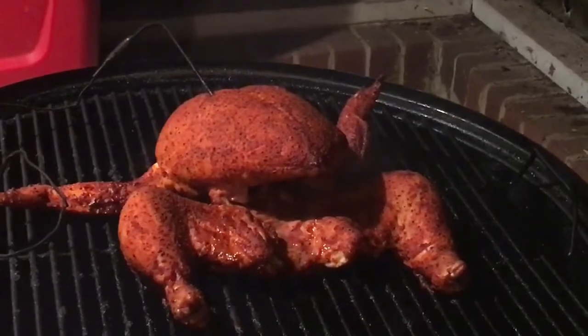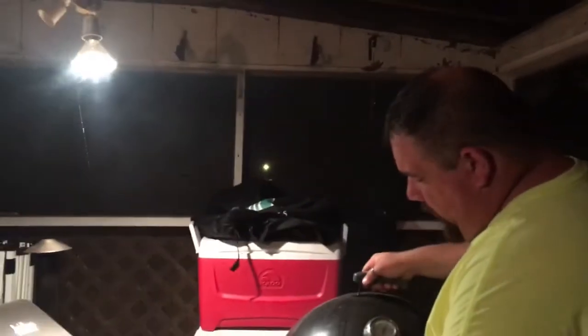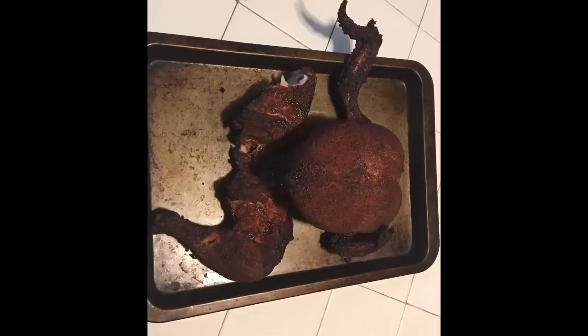And we're running about 230, 240 degrees on the pit with a little bit of apple wood. So we're gonna cook this bird to about 170 degrees. We're gonna cool it down to room temperature, and we got to use the dark meat and the white meat. So what we're gonna do is when it cools down, we're gonna put in the